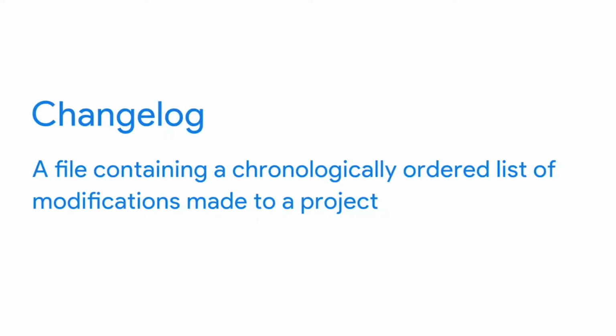Coming up, you'll learn different strategies for reporting, like creating data cleaning reports, documenting your cleaning process, and using something called the changelog. A changelog is a file containing a chronologically ordered list of modifications made to a project. It's usually organized by version and includes the date, followed by a list of added, improved, and removed features. Changelogs are very useful for keeping track of how a dataset evolved over the course of a project. They're also another great way to communicate and report on data to others.